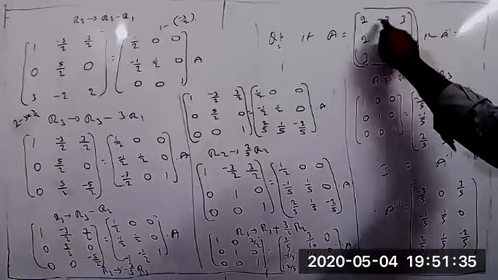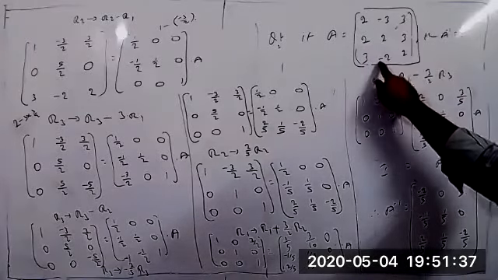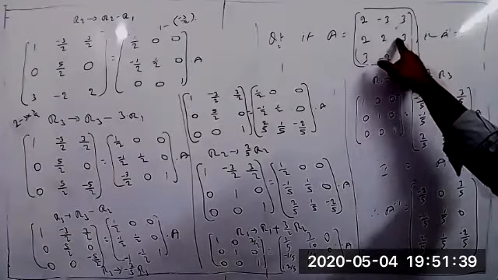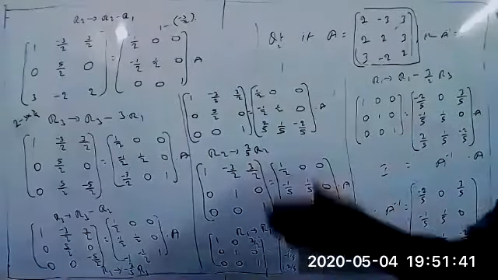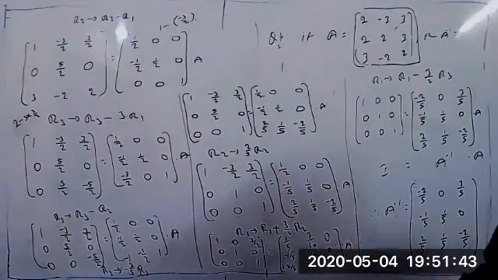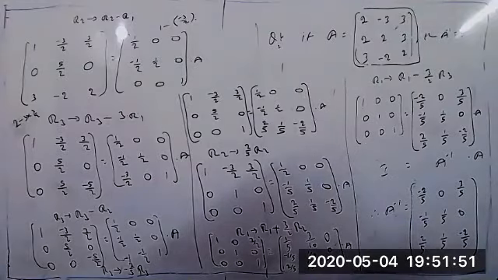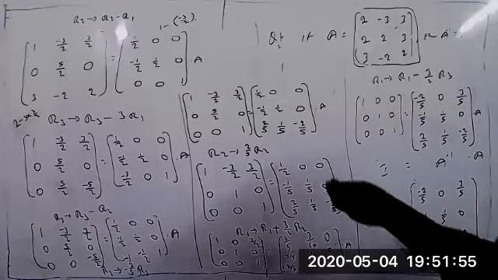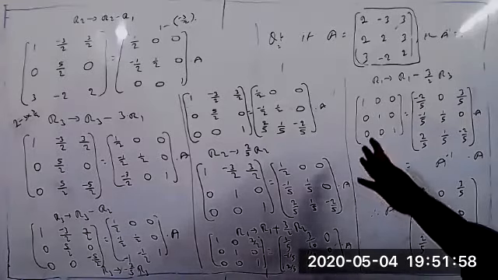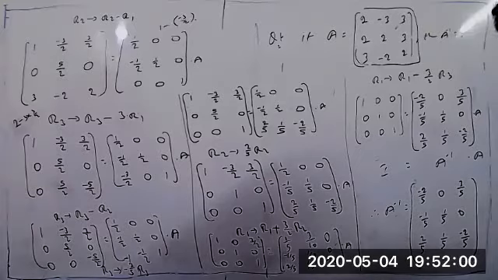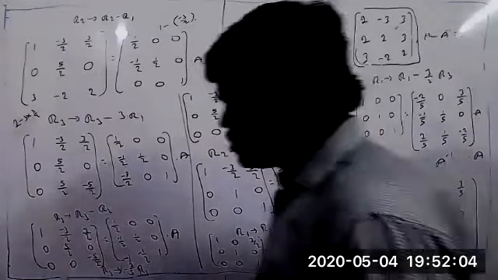For each and every element we have to find the cofactors first. Then after finding the cofactors, we make them into one matrix. Then we have to take the transpose of that matrix. That is what we call the adjoint. Coming to the 2 by 2 matrix, it is very easy, and there we have the same thing. But a 2 by 2 matrix you can find easily by the shortcut. A 3 by 3 matrix, though, we have to solve compulsorily. Okay, so we will do one more question now.